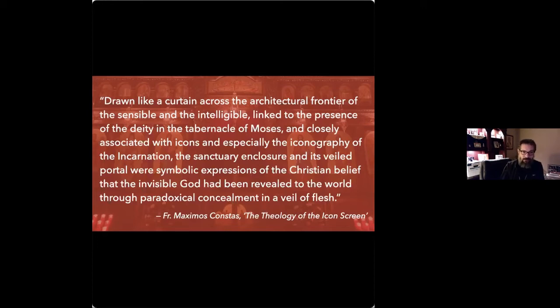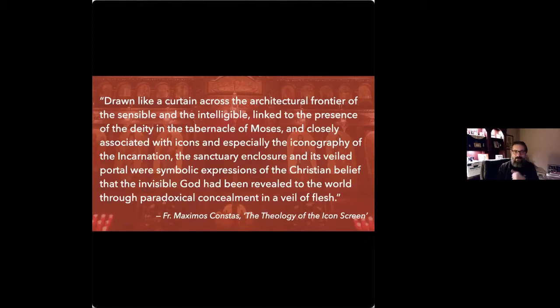revealed to the world through paradoxical concealment in a veil of flesh. Now, that's a mouthful. Okay. But what he's saying here